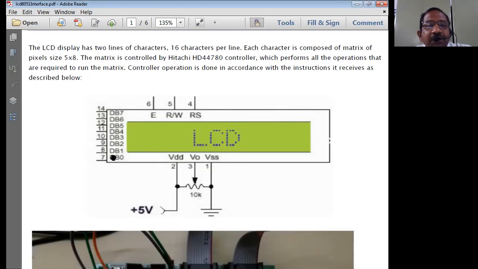There are two types of communication, as we already know: serial communication and parallel communication. Using parallel communication, we transfer the data from the 8051 microcontroller to the LCD display.